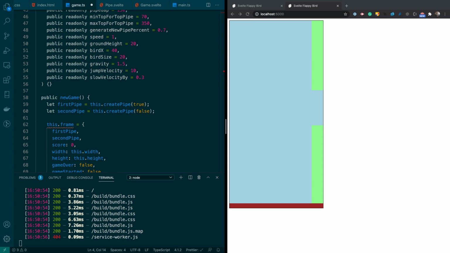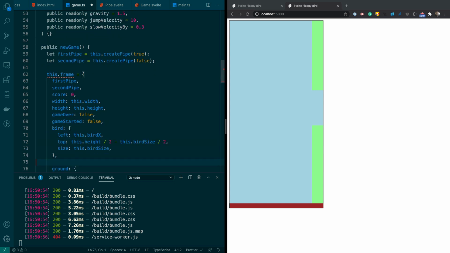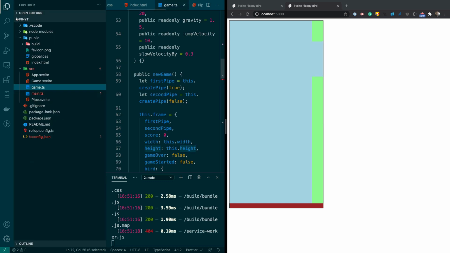So for right now, they won't be able to click on the bird, but we'll have enough to render a bird component to the screen. You can see for top, we're just putting it in the middle, and we're just putting it in the bird X, and that should be enough to render out the bird component. So the next thing we're going to do is create bird.svelte